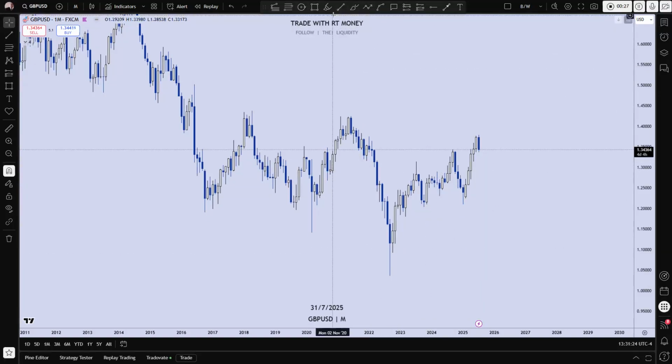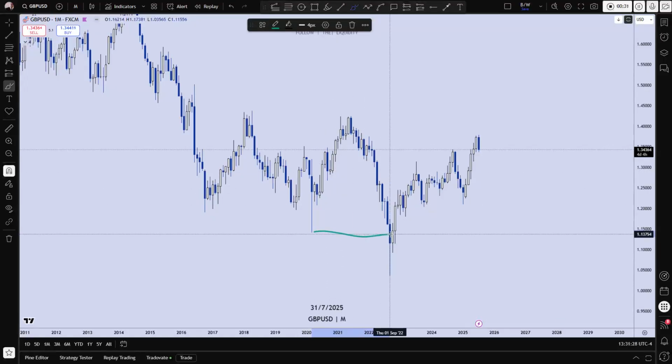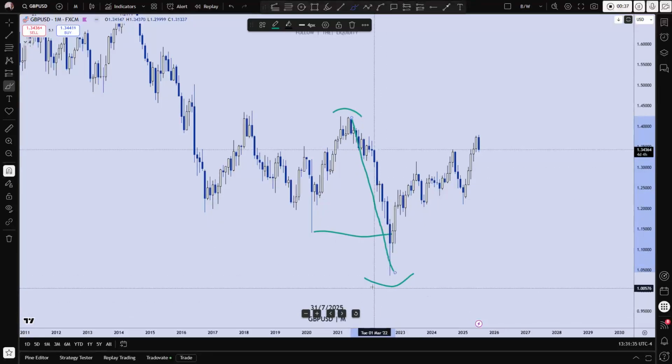I'm telling you we're bearish on the monthly time frame. Why? Because the last break of market structure is here. This is the high, this is the low. And when you have a break of market structure, you are bearish. In this scenario, it's the opposite of the bullish scenario, but this is the bearish scenario.